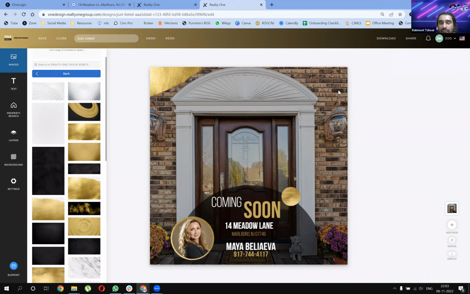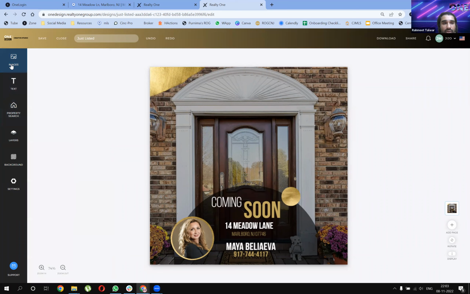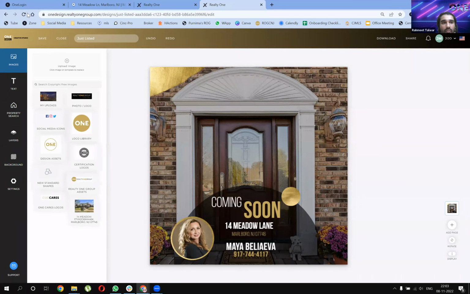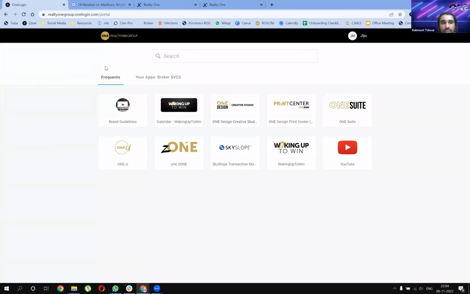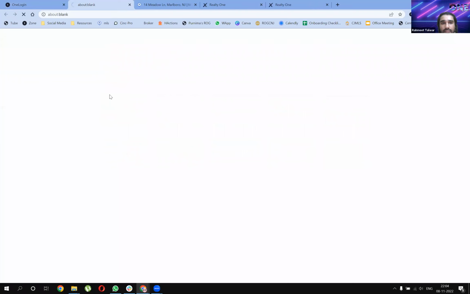Now that's it. If I'm happy with what I have done here, it's got the coming soon, it's got the address, it's got the real estate agent's details. I'm okay to print this. Oh, I'm missing the logo. To get the logo, what I would suggest is you go to the One dashboard, go to brand guidelines, you go to assets,